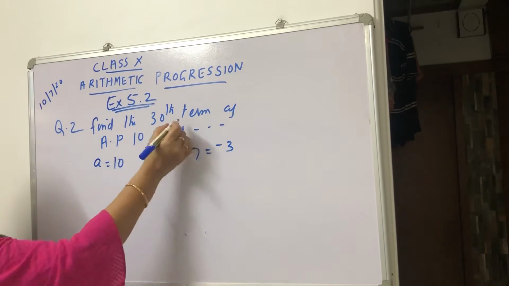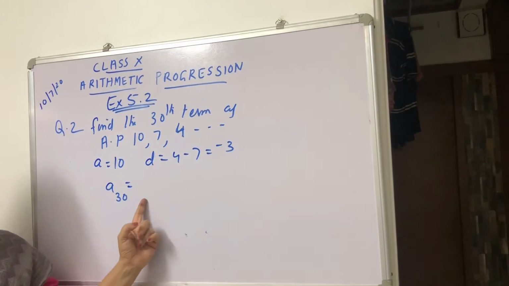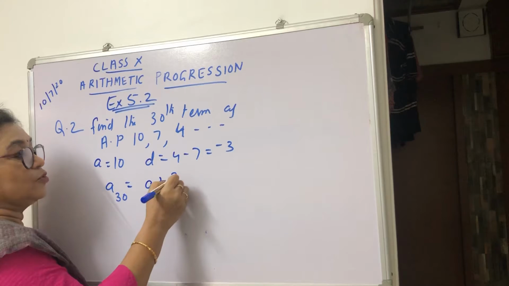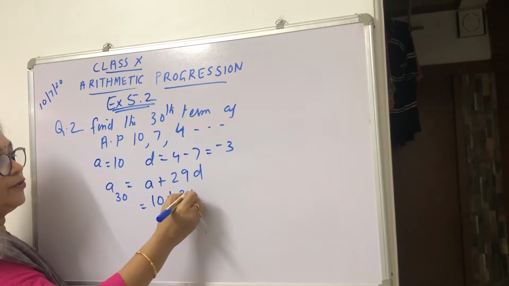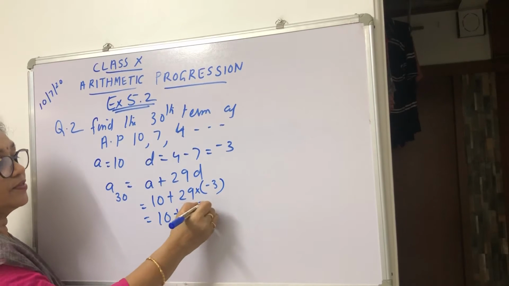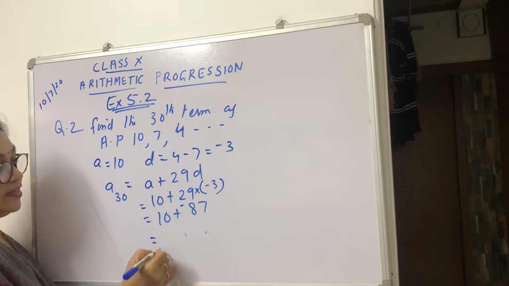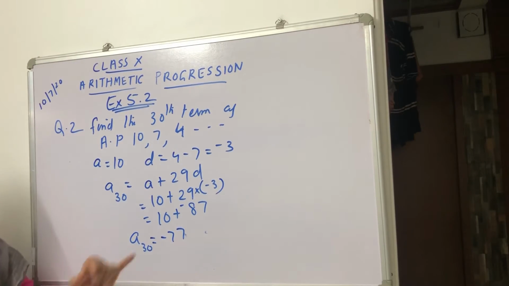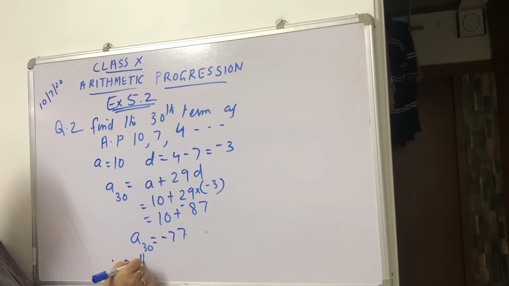You want to find a30. What is a30? a plus 30 minus 1 into d, that is a plus 29d. What is a? It is 10. 29 into minus 3. 10 plus minus 87, that is minus 77. So a30 is minus 77. The question is the 30th term of the AP. Therefore, the 30th term of the AP is